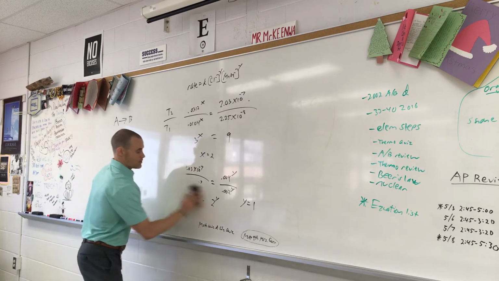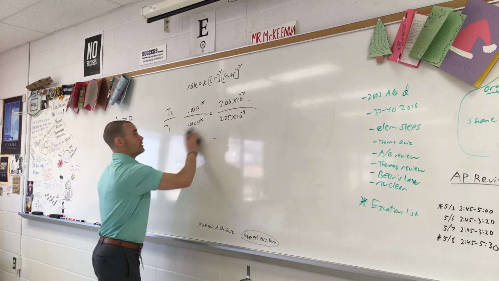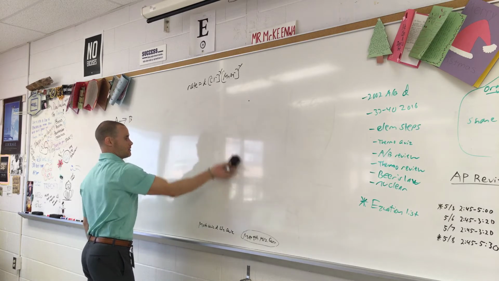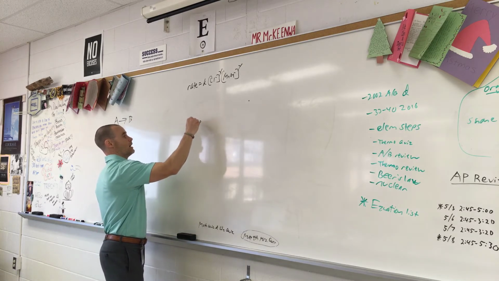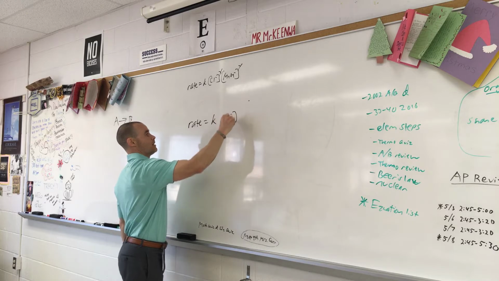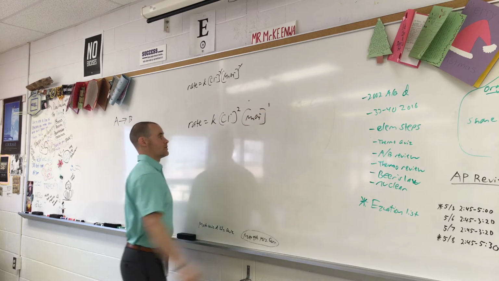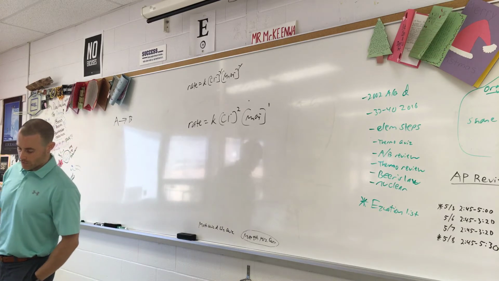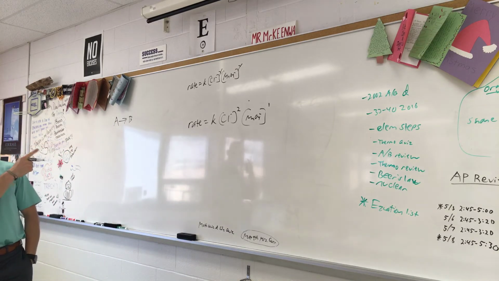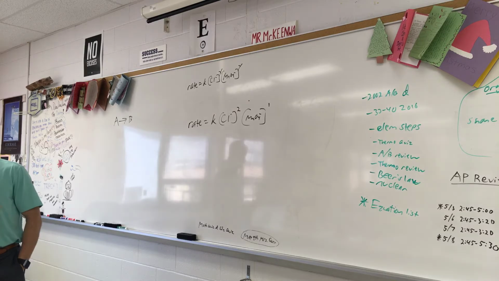Okay. So now we know the order overall is third. You might as well just keep going on this page here. Rate equals K times [Cl-] squared times [MnO4-] to the first. So it's third order. Now they want to know the rate. There's your rate law. So that's the answer for C1. C2